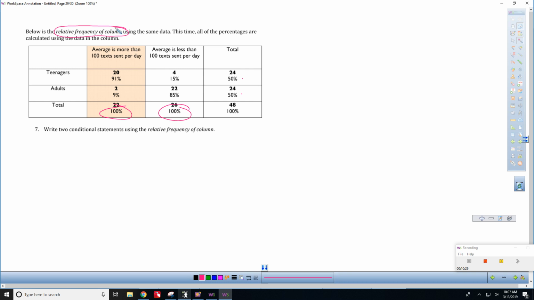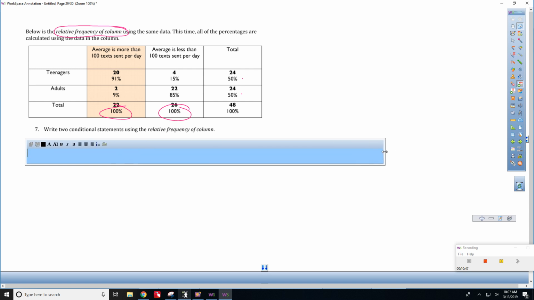Okay? So now, write two conditional statements using the relative frequency of a column. Well, let's go to the one we haven't said yet. So give me a statement about the relative frequency of a column for adults. The number of teenagers and adults